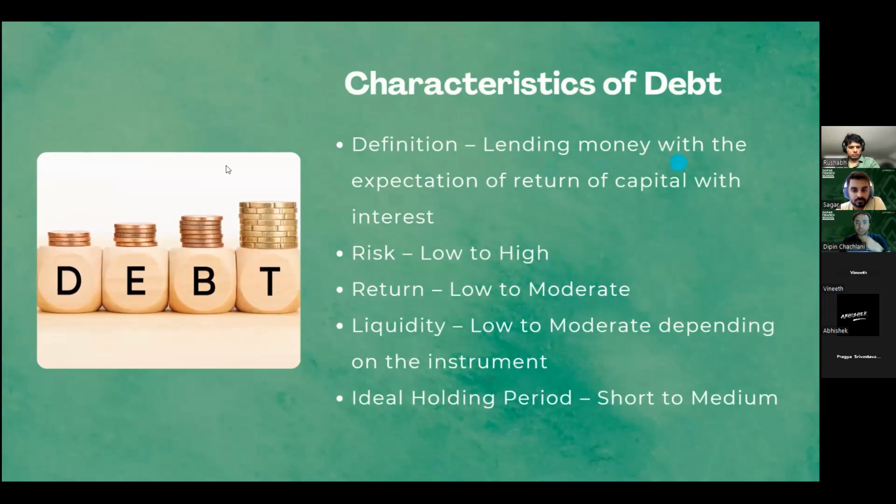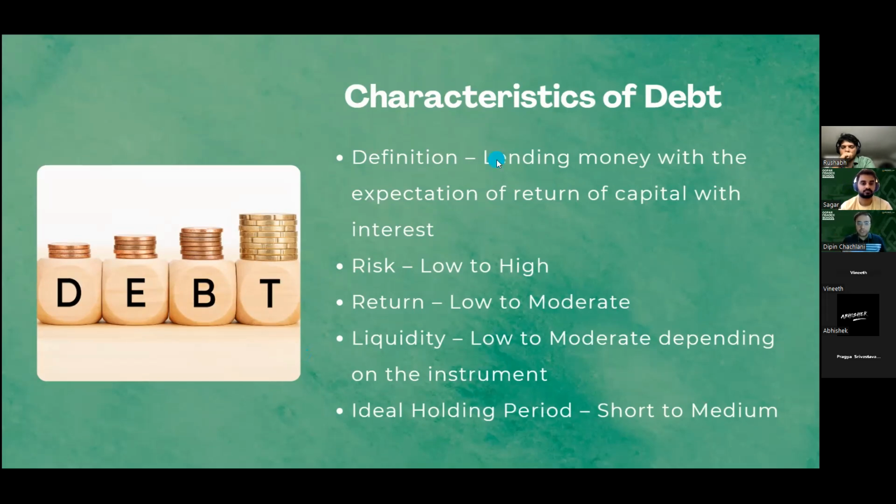So the definition is very simple: lending money with the expectation of return of capital with interest. Risk is very low because you are getting a fixed return. And friends, let me ask you, let's say a company is liquidating, who would get the money first, equity holders or debt holders? Debt holders. Okay, debt holders,